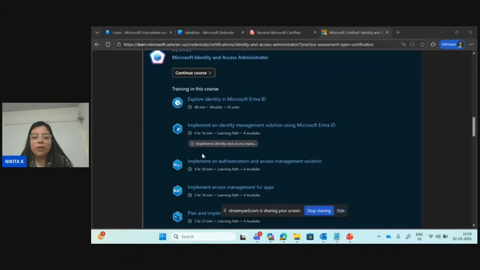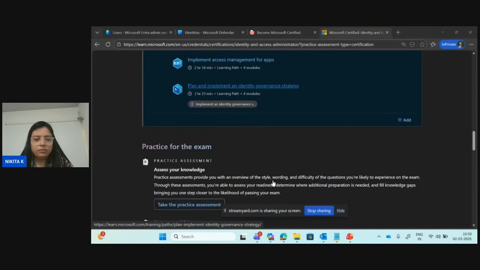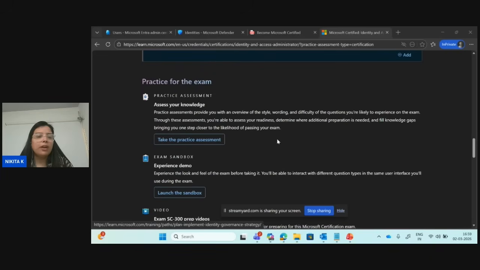What are the different modules covered: your Entra ID, how we can manage this Entra ID, what are the different methods of authentication and access management for applications, where we will be focusing on enterprise applications, and plan and implement identity governance. Scrolling down, after covering all these modules, after going through the video lectures, after having the practicals and this learning